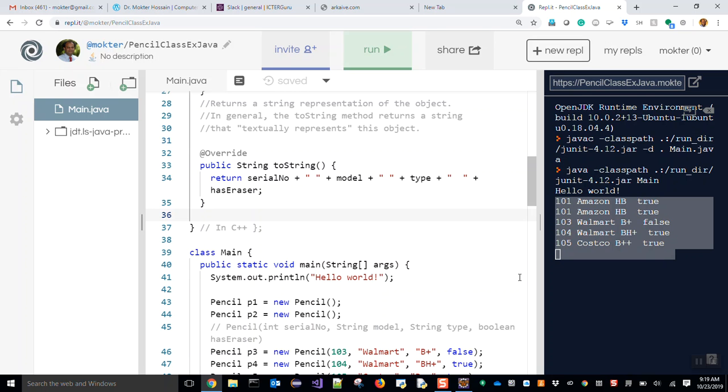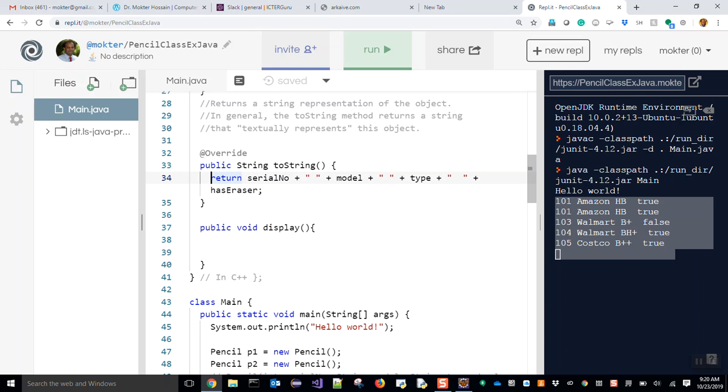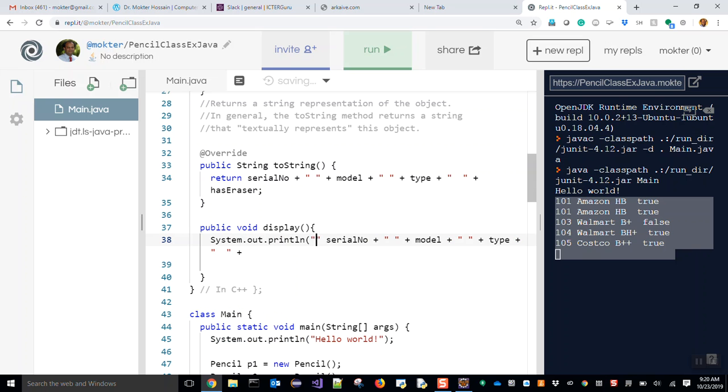Then in some situations we skip overriding the toString method. For instance, if we want to display our object in our own way using our custom method. For instance, I say public void display is my method. In this display method, this is Java, right? So I need to do serial number. Let me write this method this way. Say serial number